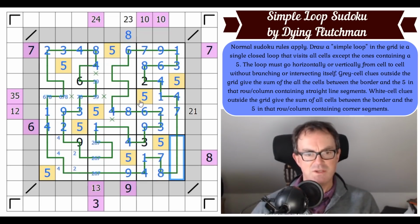These squares here are 2, 6 and 9, which are probably resolved somehow, but let's have a look. No, this 8 clue is still referring to the 1 and the 7, but now we need an 8 in the column, and that's got to go here. So those 2 squares have got to be 6 and 7, which we can do. There's a 6 here, so that's 6, that's 7. This column needs 1s, 2s and 3s in it, which we can...